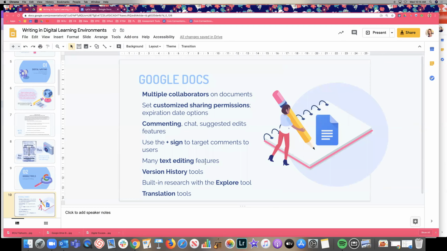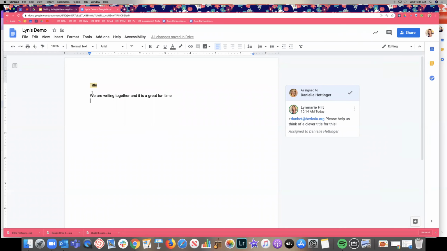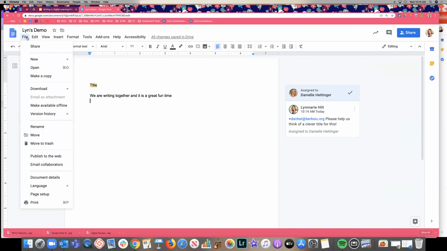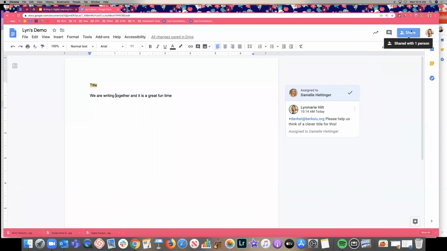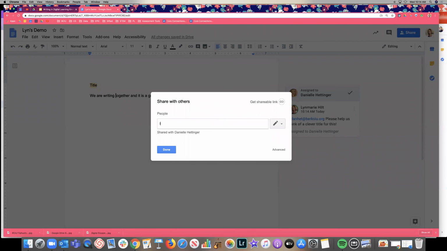They have, of course, all of the text editing features, the version history, which I love. And we're going to talk about the Explorer tool. So in particular, this document does not have a whole big lot of version history. But let me also share it with one of my other accounts. So I can go in